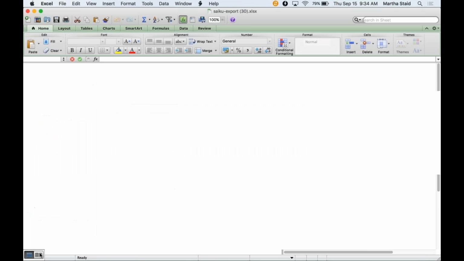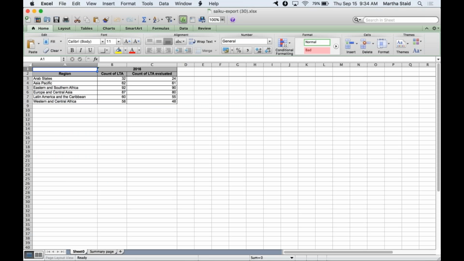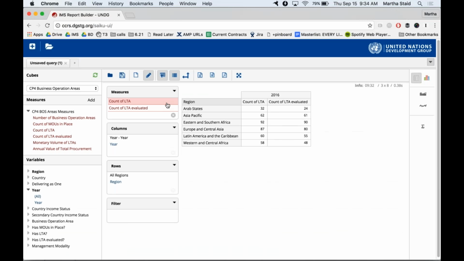And we will go ahead and open that up and see you have your piece of data here. So this may actually be one of the most useful ways to access data that you then need to analyze in different ways or include in a report. Once you've generated your table, you can download it as an Excel file.